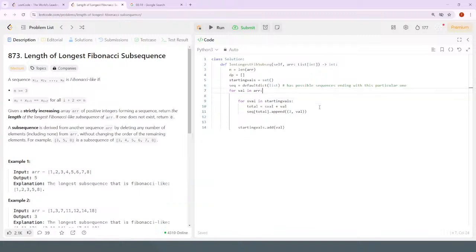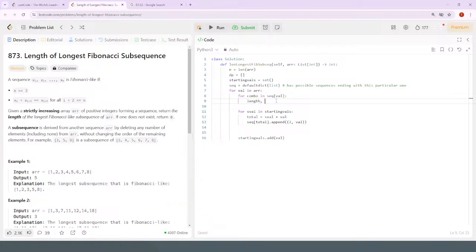Now, that being the case, if it was to be later on, then when I start off and I see 7, I should look into the sequence dictionary to see if there's already prior combinations that could combine to 7, and then start adding on to that. So for every combo in my sequence at this spot, so if I'm at 7, I see that there's a 2 sequence that is ending with 4 before this that gets to 7, then I'm going to do